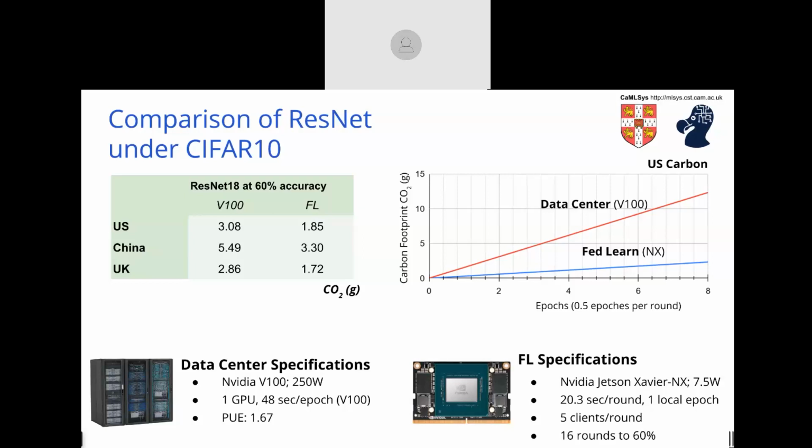So what I have here is a single result. I want to walk you through it. This is for training a ResNet model on CIFAR 10, where we're going to take that model up to 60% accuracy, and we're going to train and compare the carbon of a federated learning system against that of a data center. The data center we're comparing against is just a single, very high-end GPU. So this is a V100 GPU, and we're going to ask this data center GPU to train and compare its carbon emitted